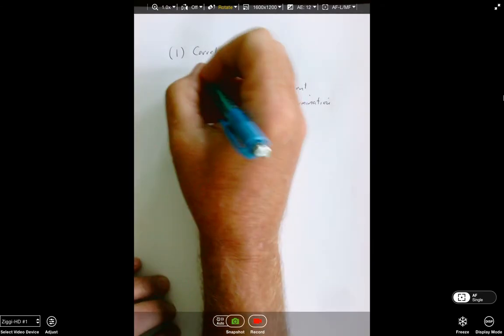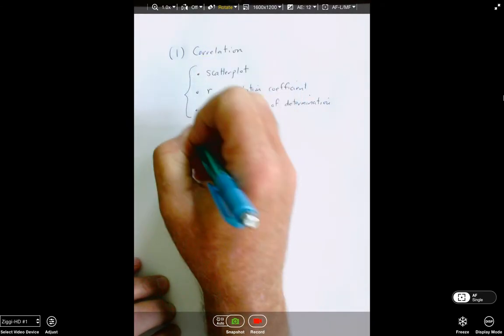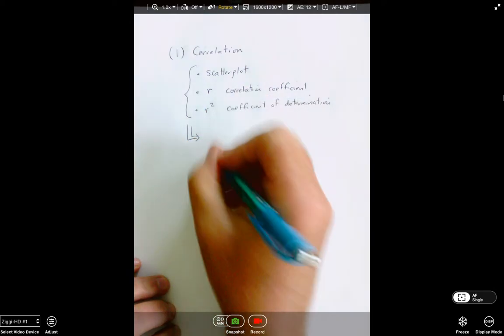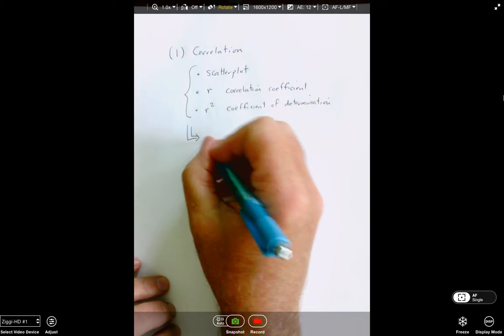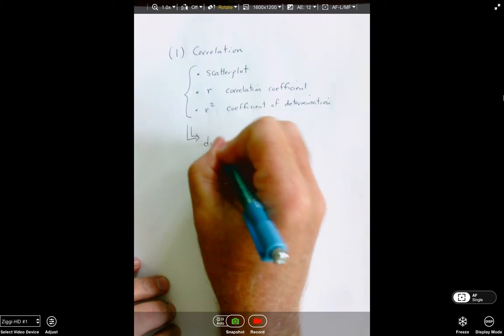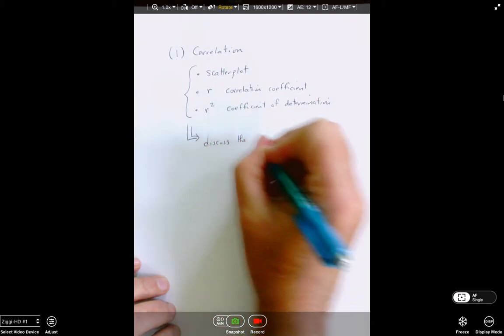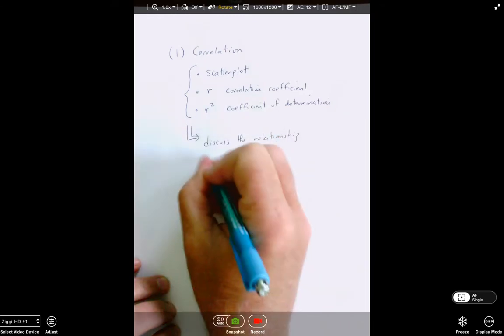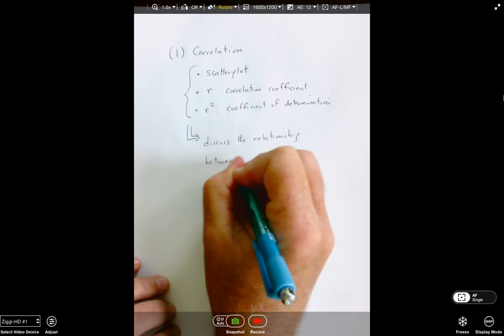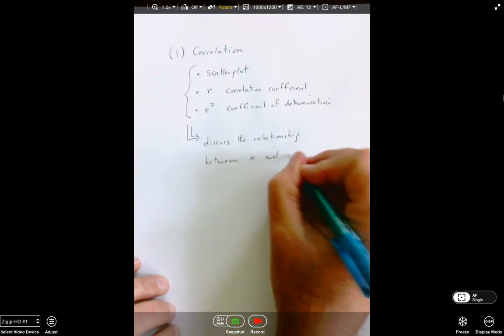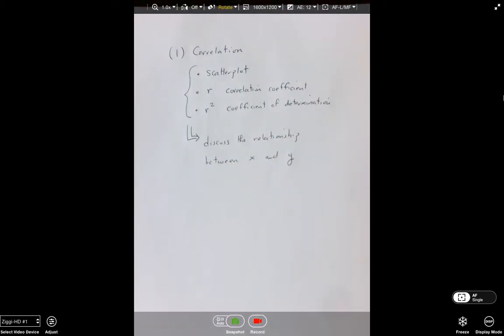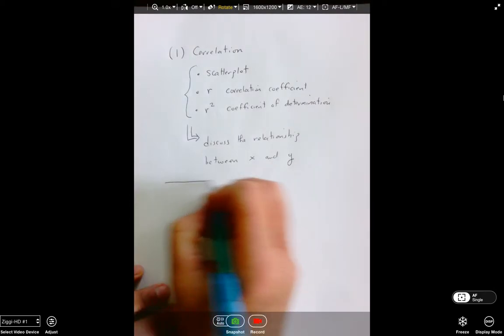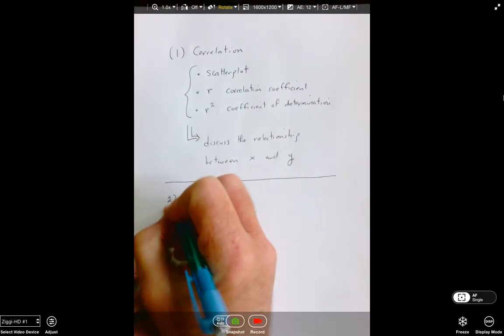We learn how collectively with these three things we discuss and examine the relationship between X and Y. The second thing I'm going to teach you